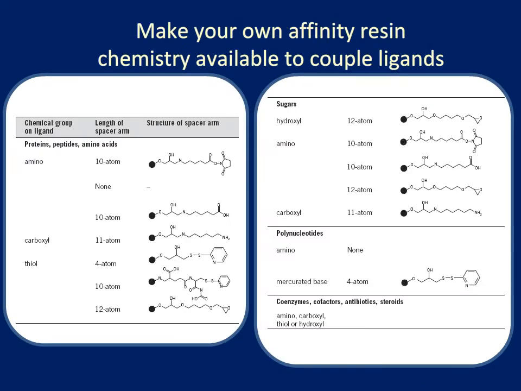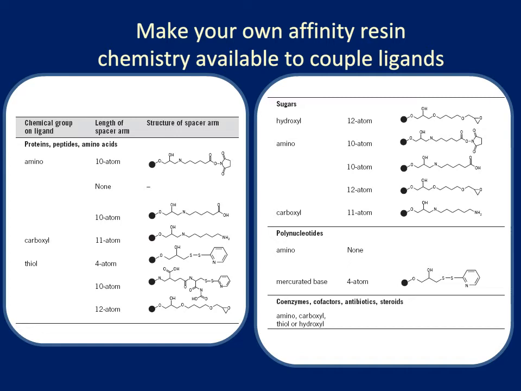There are a lot of different activated resins that you can commercially buy. Some of them are shown here in these tables. They differ in their length of spacer arm and the reactive groups available. There are 4 sections to this table. There are groups that are found on proteins such as amino, carboxyl, and thiols. There are groups that are available on sugars such as hydroxyl, amino, and carboxyls, polynucleotides, and coenzymes, cofactors, antibiotics, and